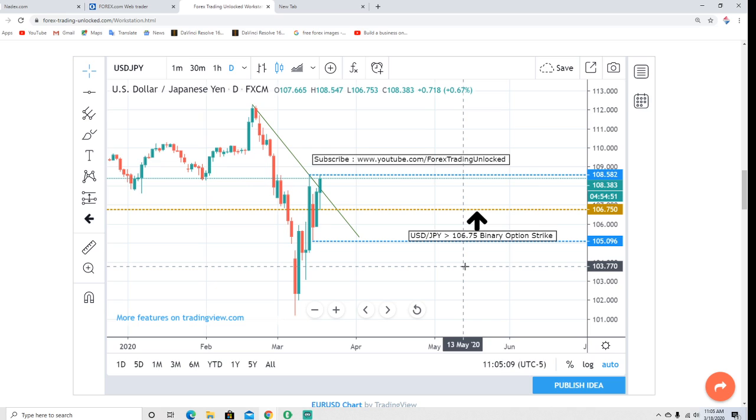But right now we are playing the long side with the options, not in the futures or the futures options or the Forex derivative cash market. We are just in the binary. So we are long above 106.75, looking for a closure above that. Now, if tomorrow we have a turn back towards support, it is what it is. But if we get a nice rally tomorrow, and then it looks like Friday starts to get a little weak, we may just get out of the trade early and just take the money and run.